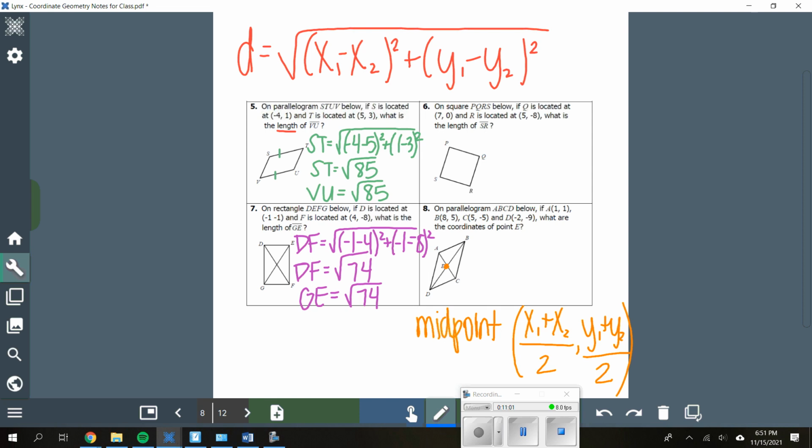So I'm going to just use A and C. So I want to do 1 plus 5 divided by 2, and then 1 plus negative 5 divided by 2. 1 plus 5 is 6, 6 divided by 2 is 3. 1 plus negative 5 is negative 4, and negative 4 divided by 2 is negative